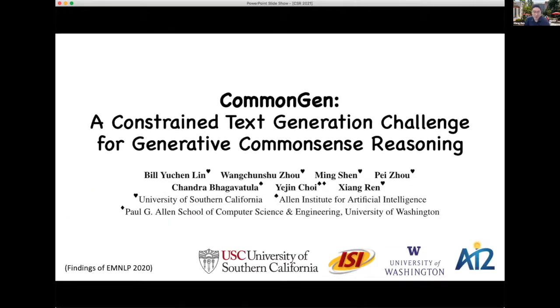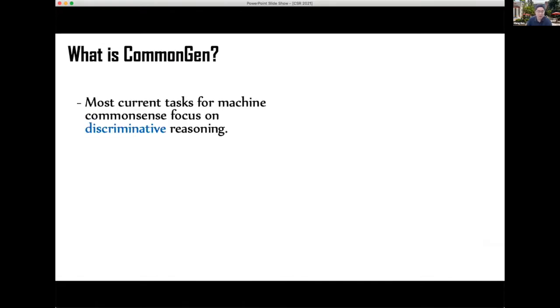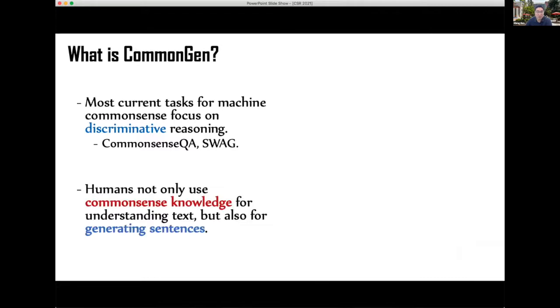So let me start with this open-ended reasoning first. The first work I'm going to talk about was done by my amazing collaborator students, including Bill here, on making generative commonsense reasoning problems an example of constrained text generation. So we know, again, there is too much work focusing on discriminative reasoning. I'm not talking down any of this work. They are really helping us build up the community and getting people interested in working on the problem and making good progress. But it's just that